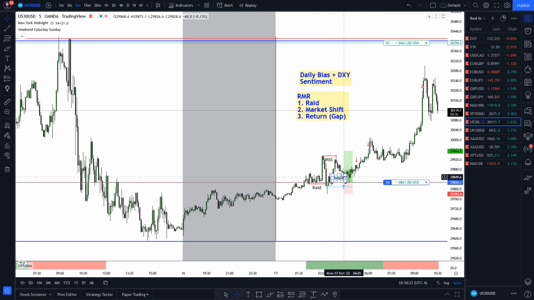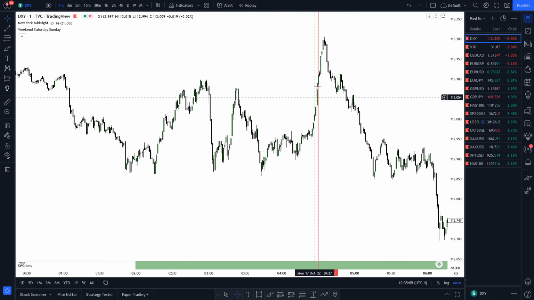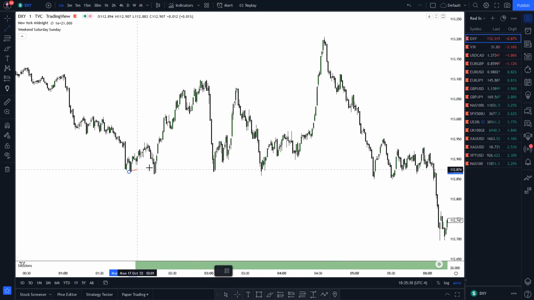So prior to our entry, which was around 430, I've just drawn a line at 430 on the DXY, so just before our entry. And is there anything obvious that you can see? Any areas of liquidity? So equal highs, equal lows. Is there any area that's very obvious? And if you see what I'm seeing, of course, it's these relative equal lows on the dollar index,